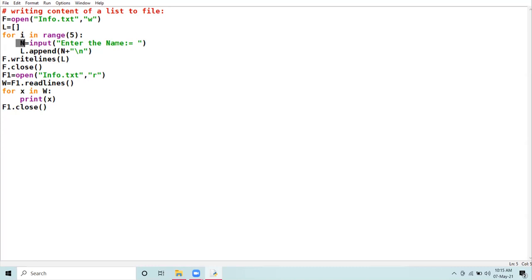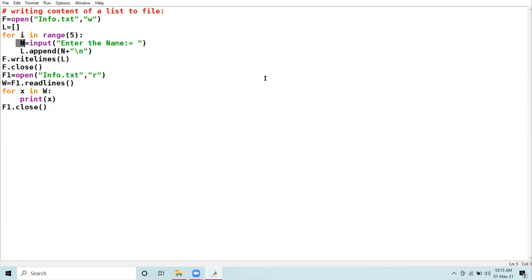So all the 5 names will be added to the list one by one, because the append method of a list is used to add one element at a time into the list.